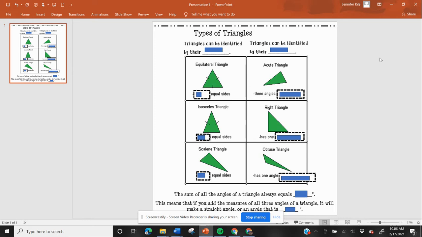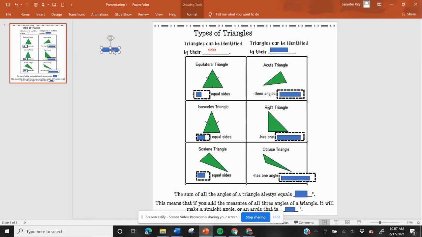So we can name our triangles in two ways. Triangles can have a first name and a last name, kind of like people. So we can call the triangle by just their first name or just their last name or both, because every triangle falls into a certain category. And we're going to look at the first way we can identify triangles, and that is by their sides. So we're going to look at the measurement of the different sides of a triangle and give them a name